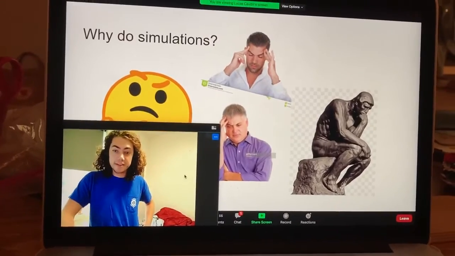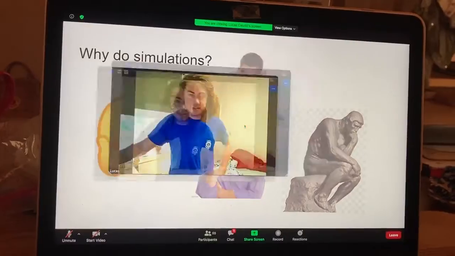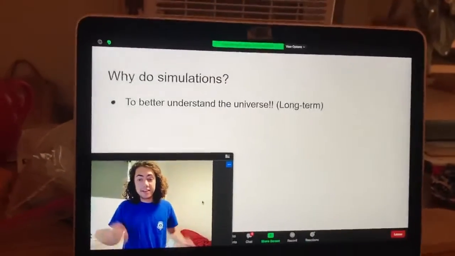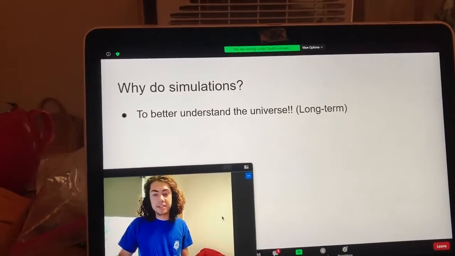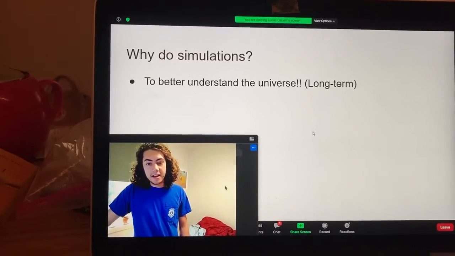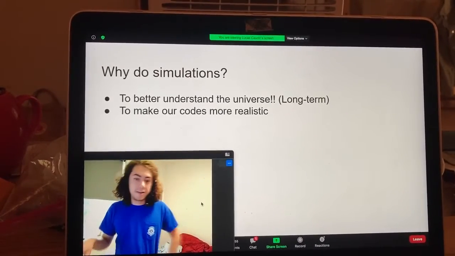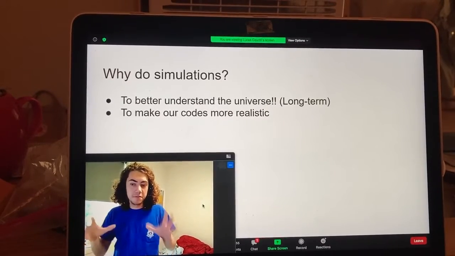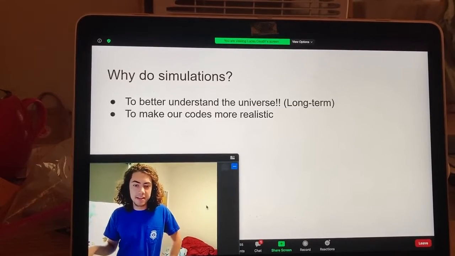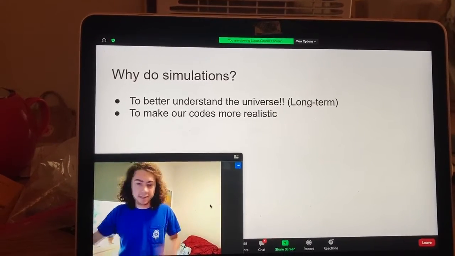So we must have a pretty good reason to be doing all these simulations, right? Well, yeah, one big reason is the promise of another avenue for refining our theoretical understanding of the universe. Simulation results can be compared against observational data in the hopes of shedding a little bit of light on some of the mysteries that persist in astrophysics. This goal is definitely super exciting, but another really important reason that we do astrophysical simulations is to just improve our N-body codes. And that kind of makes sense because we definitely want to make sure that our simulations are giving us results that are at least somewhat feasible